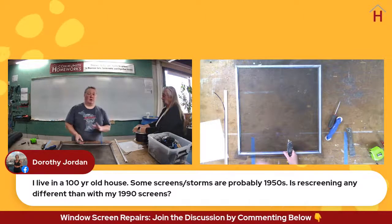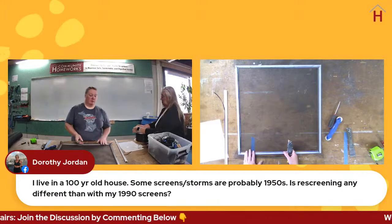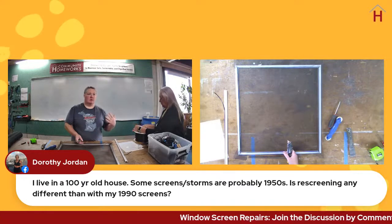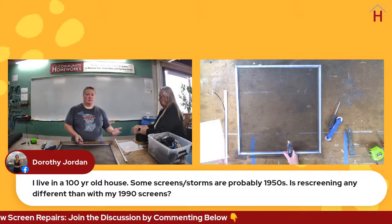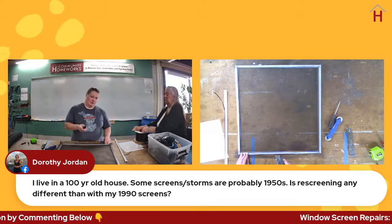A lot of times people just want all the screens on their house to match, so they just use the same material in every window. There's nothing wrong with metal screen. It is a long-lasting, very good product. I prefer fiberglass, especially for a do-it-yourselfer, because it's a lot easier to work with. It's a lot more forgiving, and it doesn't...